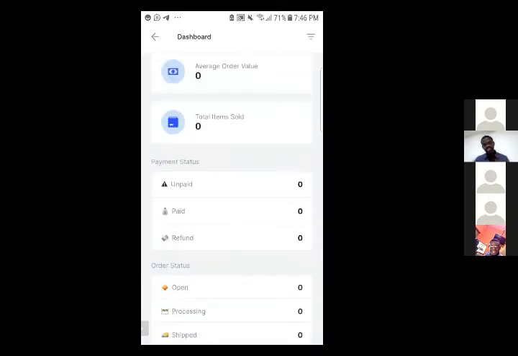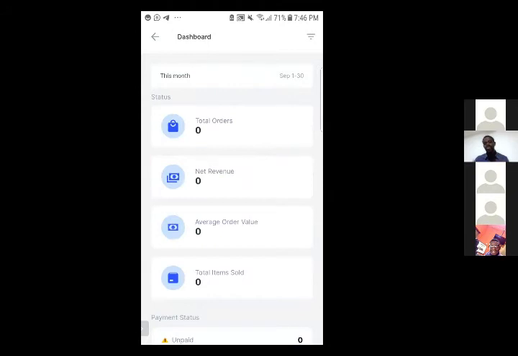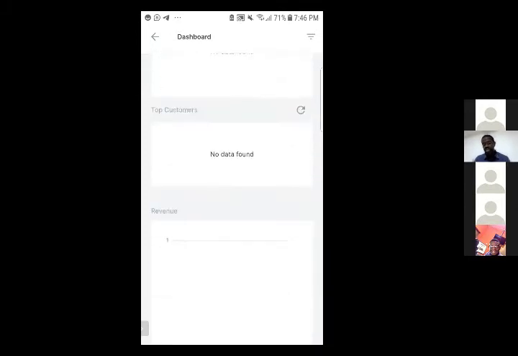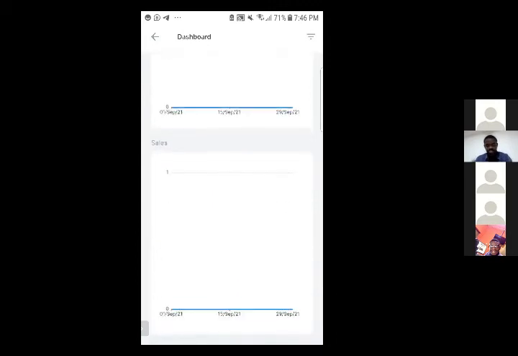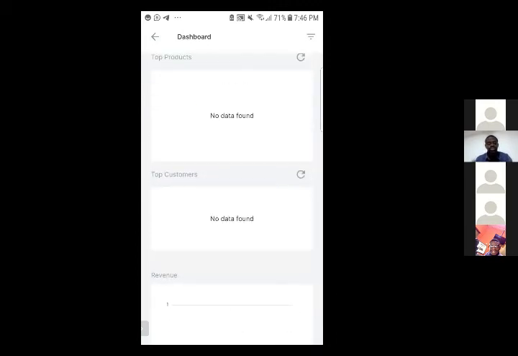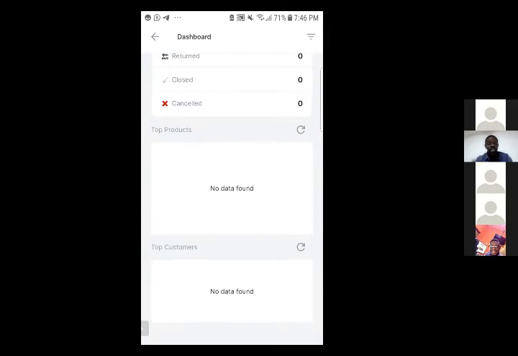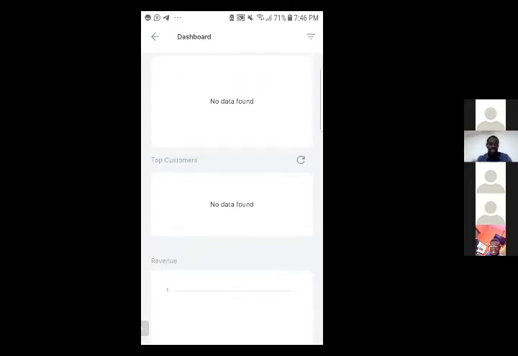So this gives a bit of analytics on what is going on in your shop so that you can use that to make informed decisions. And one thing that helps people that run businesses that sell products is you are able to see your top products, so that you know what to restock on, right? And then you see your top customers, so you know who to prioritize, who to call, how to manage those customers because they're repeat customers and they keep purchasing from you. So in a nutshell,